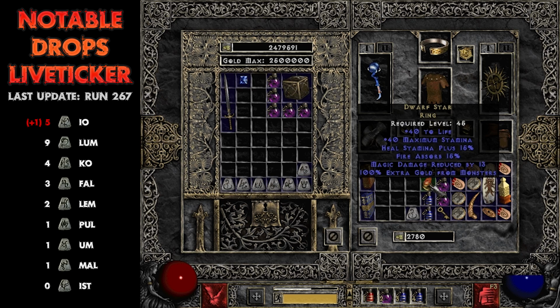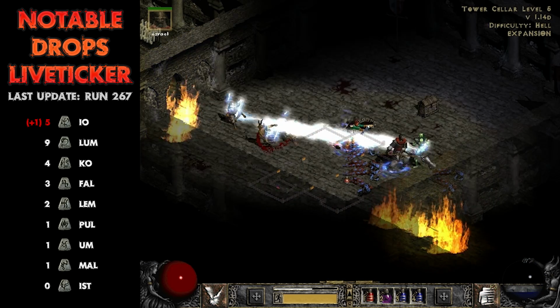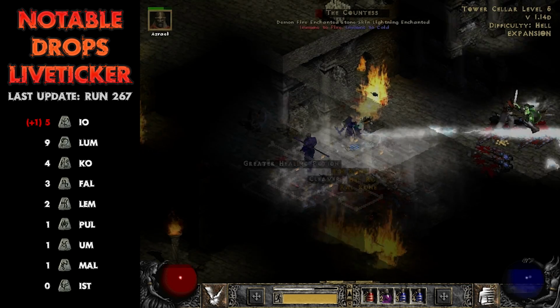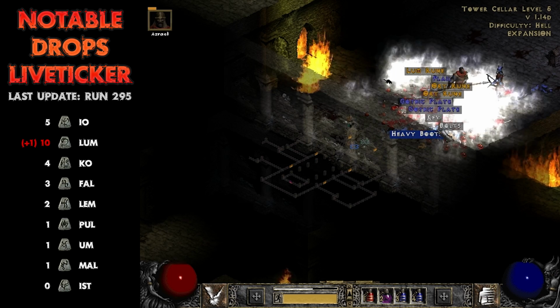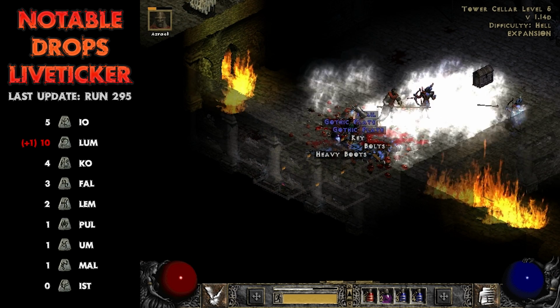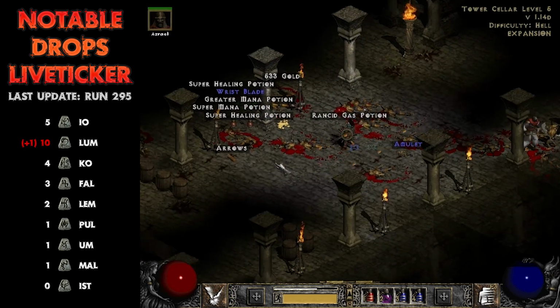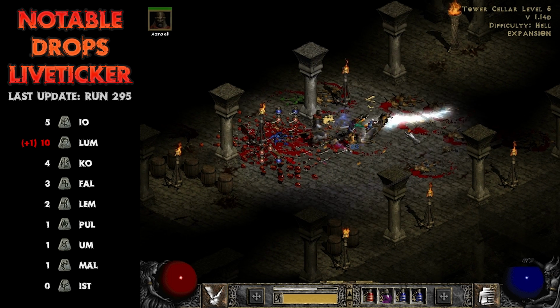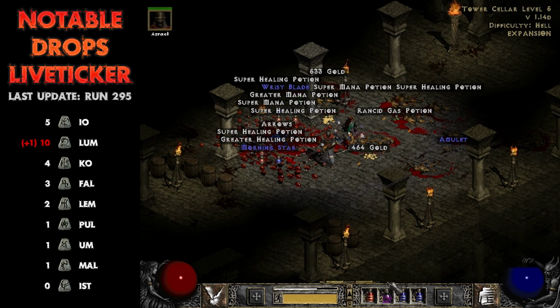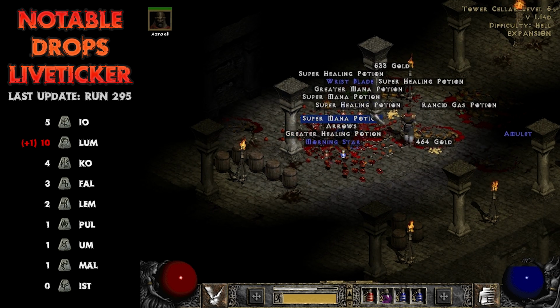It's Dwarf Star. Unfortunately, there was no killer drop to round off the series of runs, just another Hel, Dol and Lem rune, and the latter on run 295. That was quite an undertaking. It took me a total of roughly 10 hours to complete these runs,